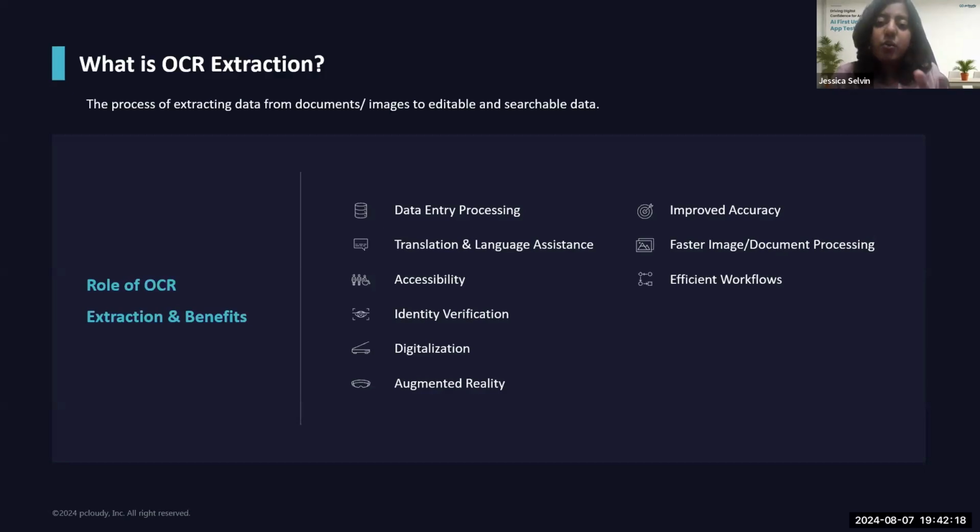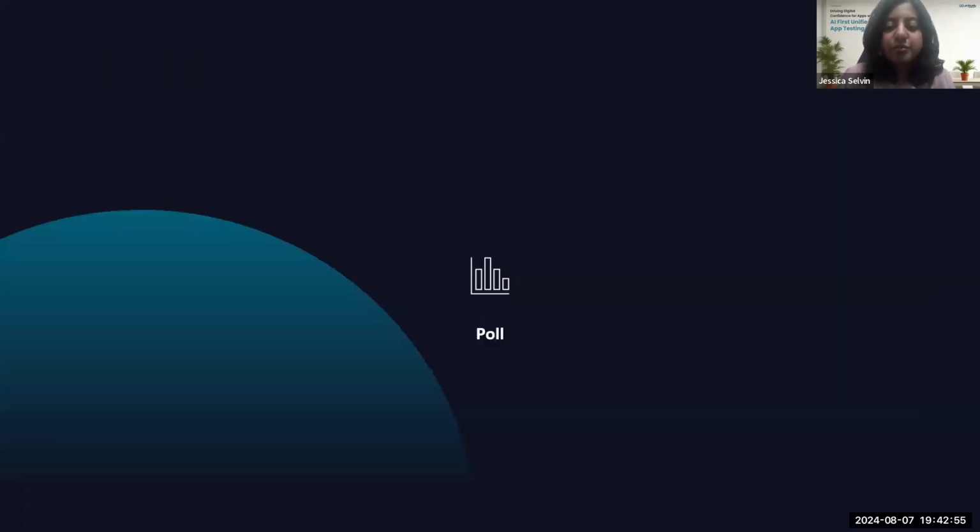And in terms of the benefits that come out of OCR, one is improved accuracy. It minimizes human errors, right? Secondly, faster image and document processing. It saves a lot of time, cuts down on the resources required to process that data, and cuts down costs. All this enables you to have efficient workflows, be it in healthcare, manufacturing, the banking sector, and so on. So now we will look into some real world examples of